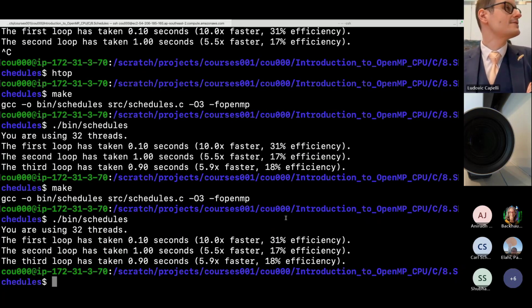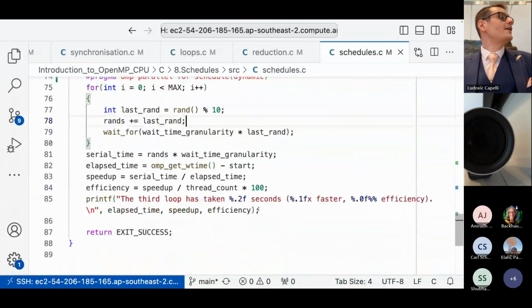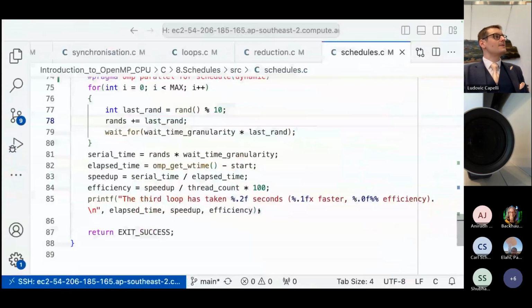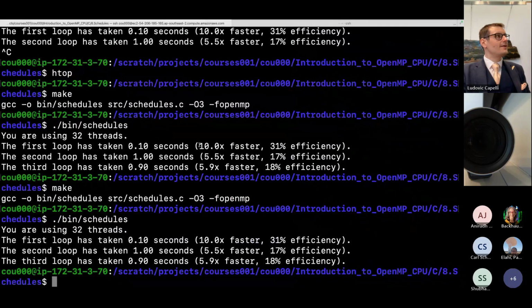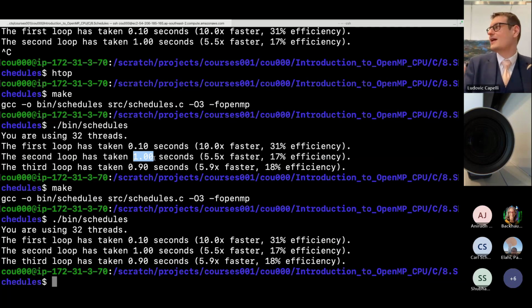Good. So do you set the random seed or is it always the same random? It's always the same, so we can have comparable results. So yeah, here you see, just by putting one word. Again, you cannot get any more than 10 times faster, and I strongly think this is the same because the biggest iteration is 1 second. That's why you cannot go any lower than this. Because usually we don't have 32 threads available. We go to 24, so I designed it for 24. Maybe I should design it now for 32. Anyway,